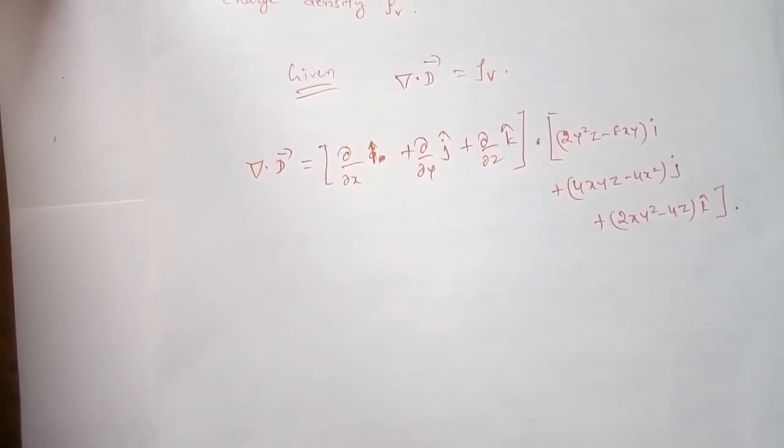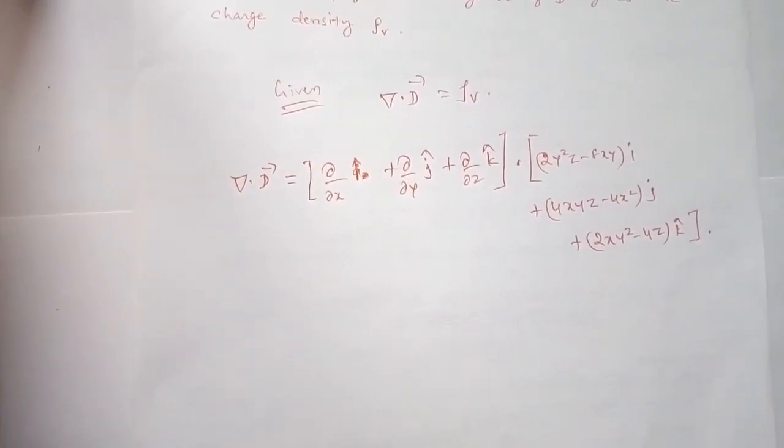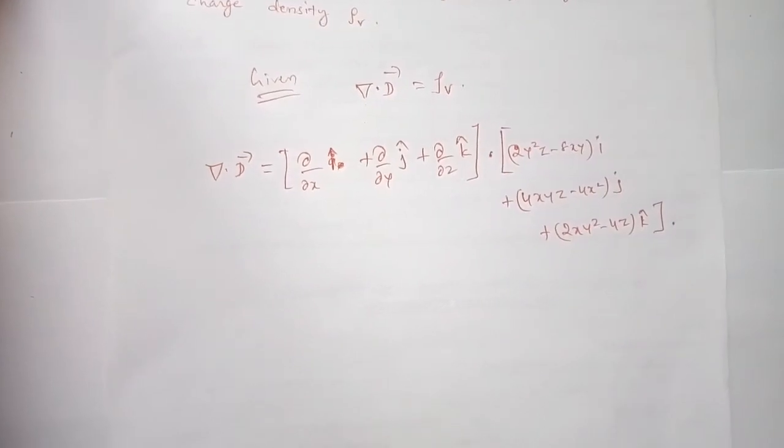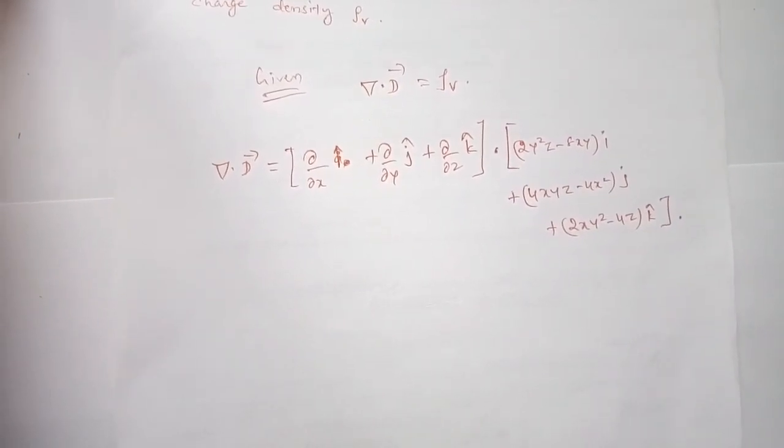Since dot product between similar unit vectors is unity and dissimilar unit vectors is 0, the surviving part in